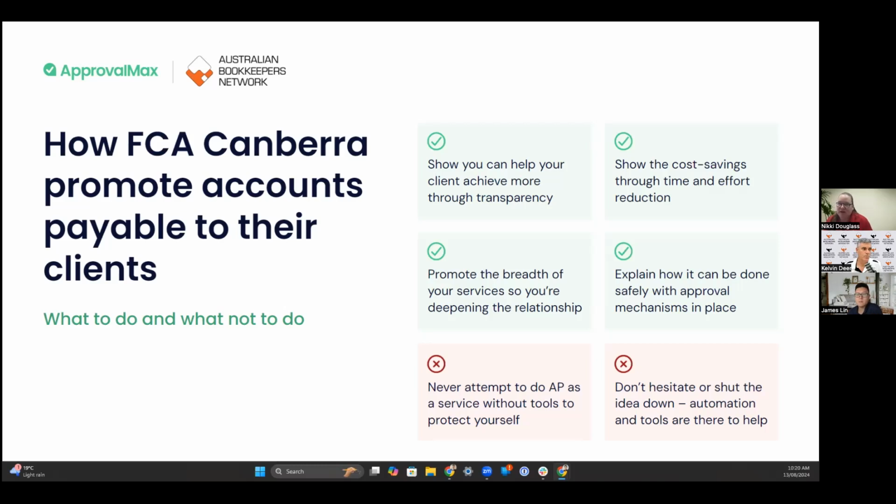When they outsource their AP to us, there is so much more activity around the accounts payable report. There's a lot more ownership put back on the client about, oh no, that bill's been paid. Oh, hang on, I paid it on my personal credit card by accident. Instead of it just being a report that sits in the background, they actually take ownership of their accounts payable report. And I can put my hand on my heart and say our accounts payable reports for the clients that we do AP for are accurate, because they're taking more notice of it.